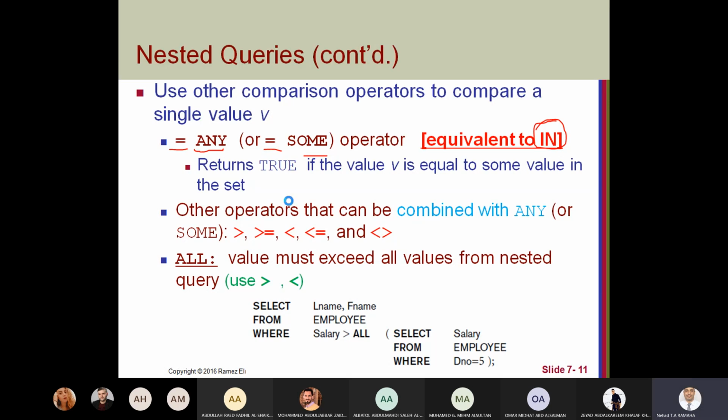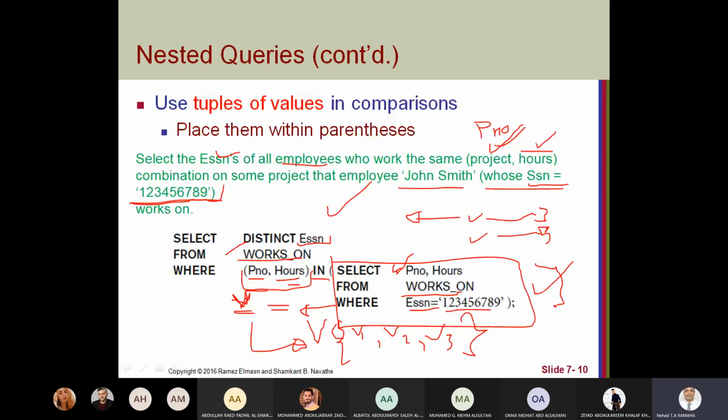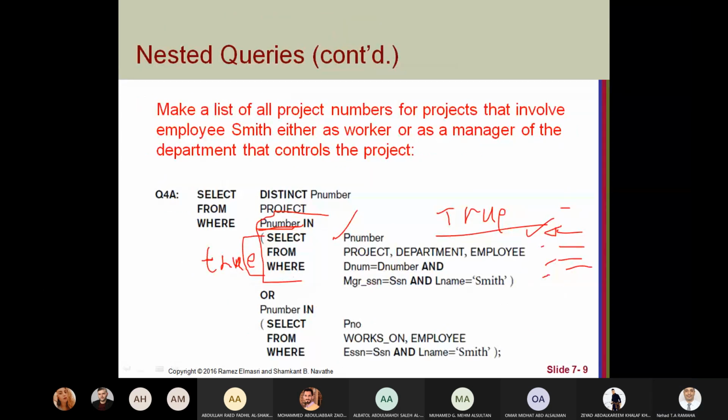So here you can use project number equal any instead of IN, equal any, or equal some. It will give you the same result as if you use equal.